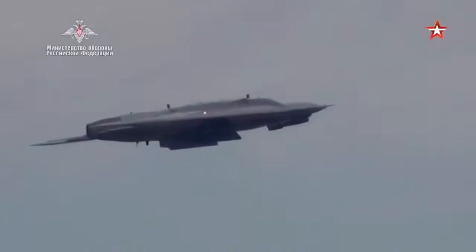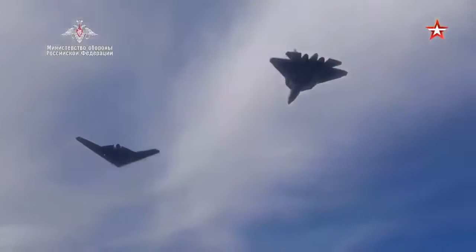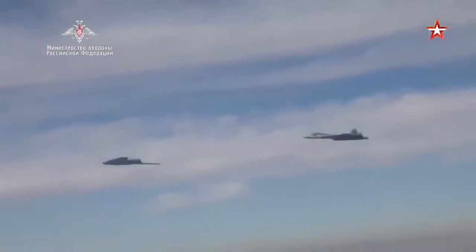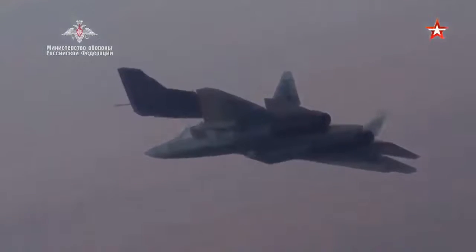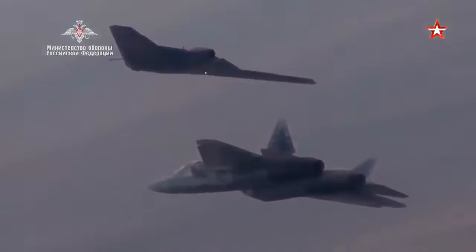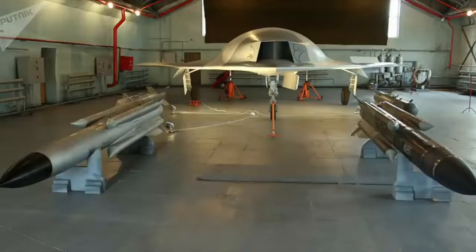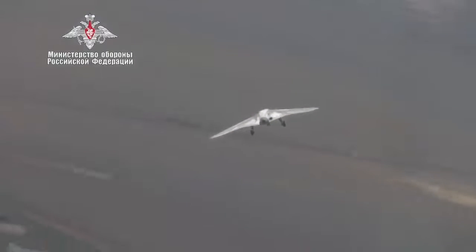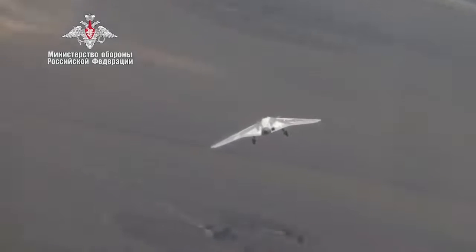An industry source informed the Russian agency RIA Novosti that during the test campaign, the drone deployed various air-to-surface missiles similar to those used by the fifth-generation Su-57 fighter to strike small, camouflaged targets at different hours of the day in any weather. Even though the details about the drone are scarce, the S-70 Okhotnik drone is expected to travel